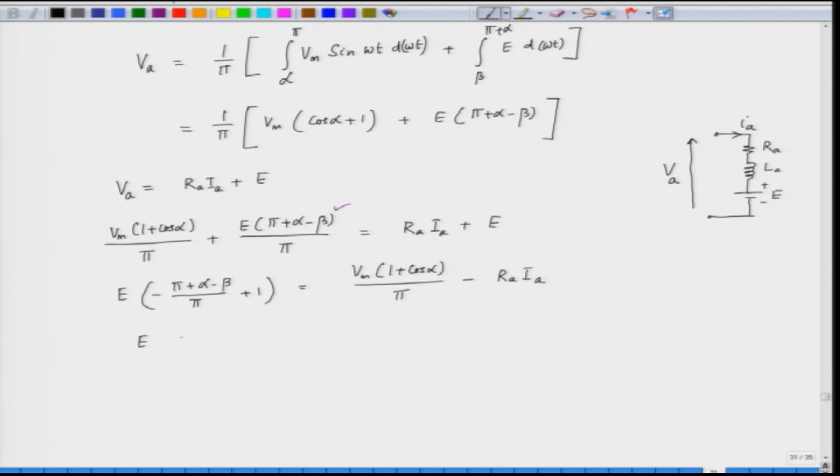So, we get here E into beta minus alpha by pi,